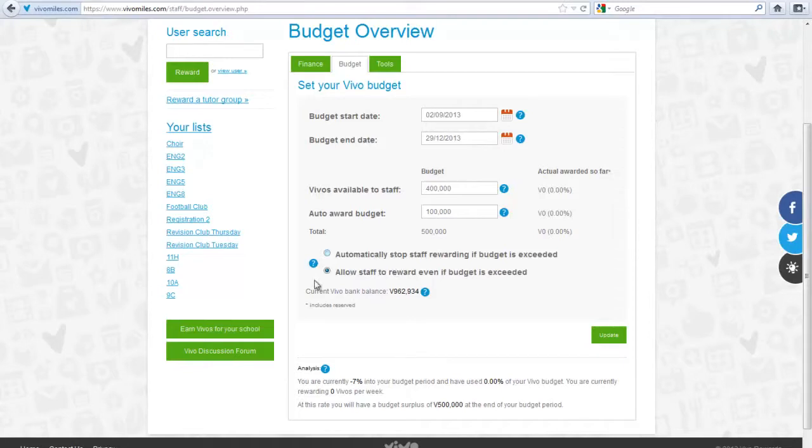And in this case you'll be able to select allow staff to reward even if budget is exceeded. So once this 400,000 is rewarded, say staff are rewarding quite a lot and really getting into Vivo, which is great, just before Christmas you've exhausted the budget, so the full 400,000 has been rewarded, you'll be able to allow them to reward even if the budget is exceeded. Or alternatively, if the auto award budget has only rewarded 50,000 vivos in the first term, for example, you could take the other spare 50,000 and pop that up here just to bring that percentage down underneath 100%